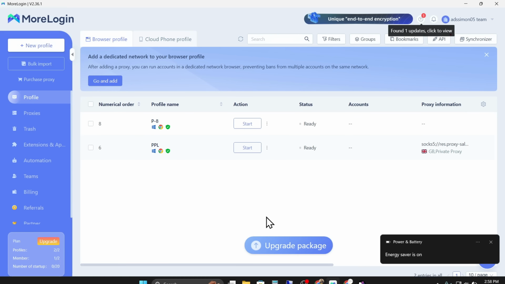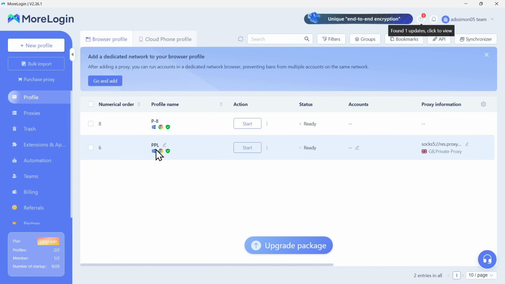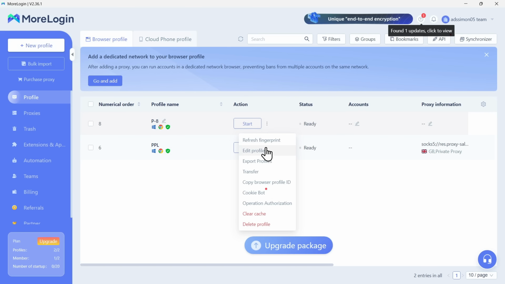Let me come to our Morelogin browser. So you want to set it up on your Morelogin browser. You can use it on any browser you're using. If you're using AdsPower, Morelogin, Incogniton, GoLogin, anyone, it all works. For this tutorial we're using Morelogin. So you click on this, click on edit profile,